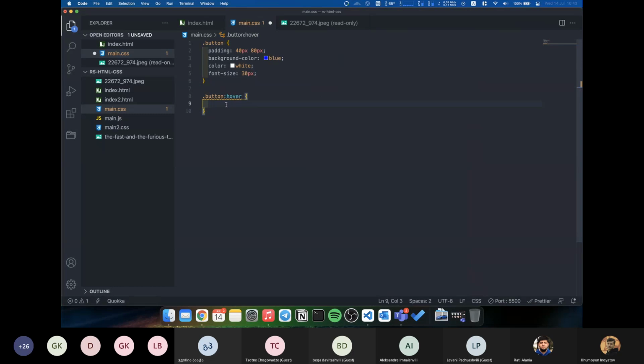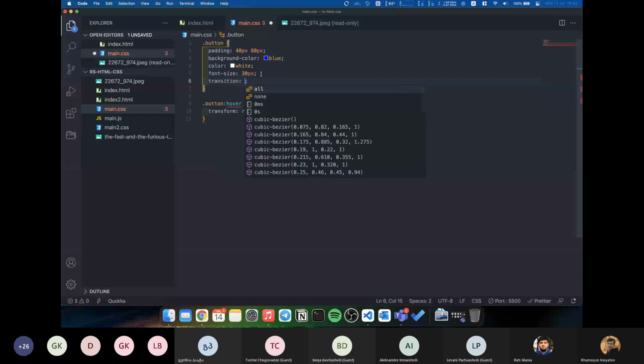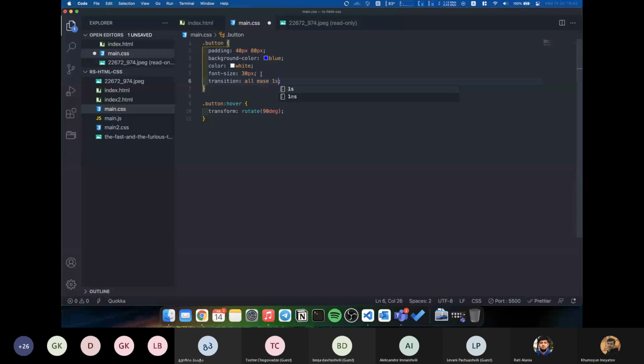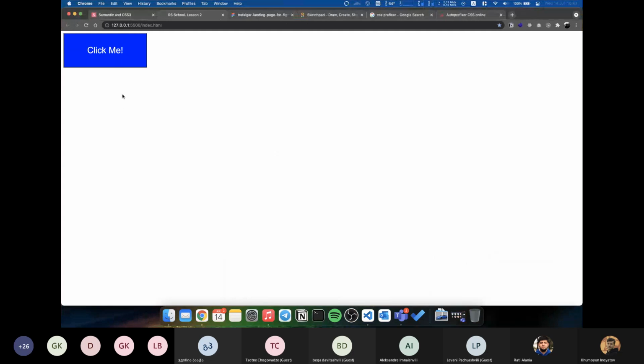With the help of this transform, rotate, for example, rotate 90 degrees, transition all 1 second. When we hover, it will rotate, if I'm not mistaken. Yes, with the help of this